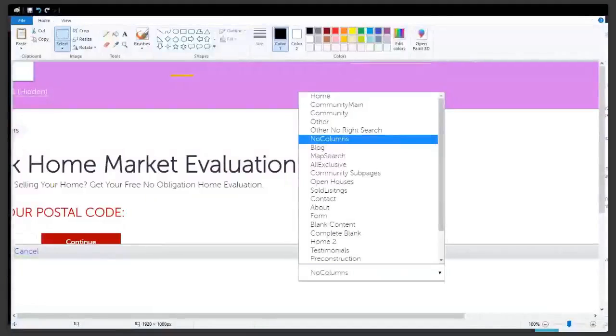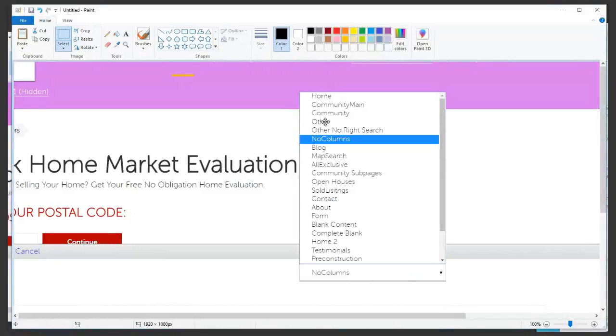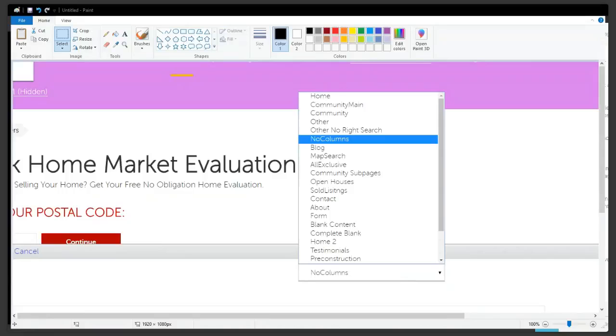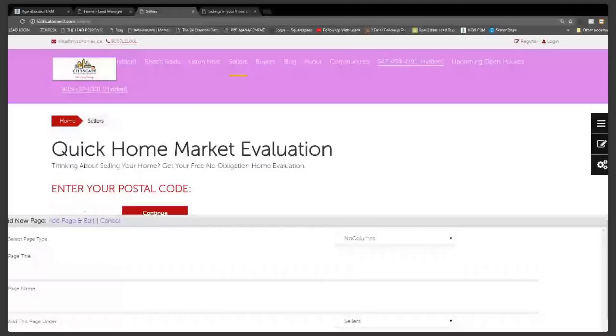Now, when you choose the options for the page type, there are different ones. The other page type is going to give you the ability to do whatever you want on the left-hand side, but it is going to have that normal right side column. If I'm doing a form plus my own stuff, my preferred method would be no columns. So I'm going to leave it on no columns. And that means the website page is not going to be sectioned off. I'm just going to do Christmas contest